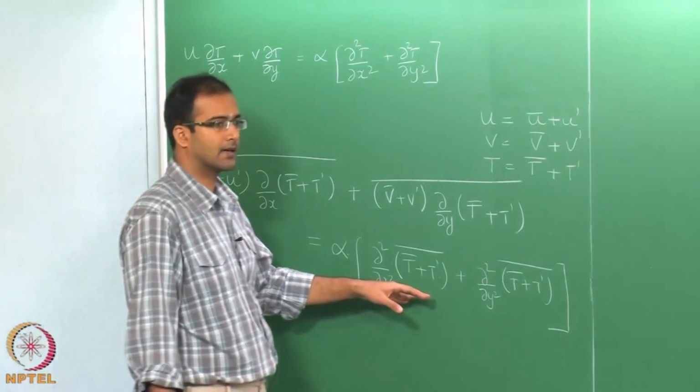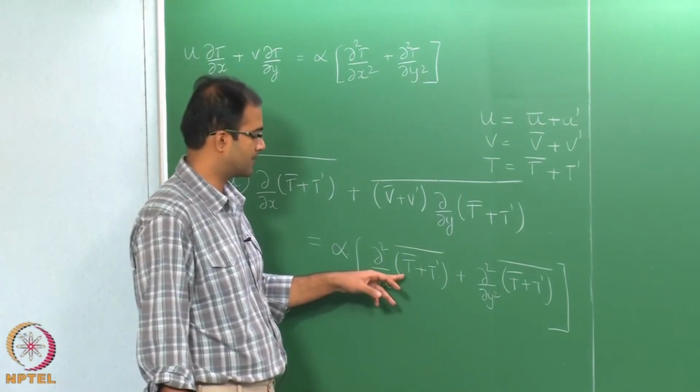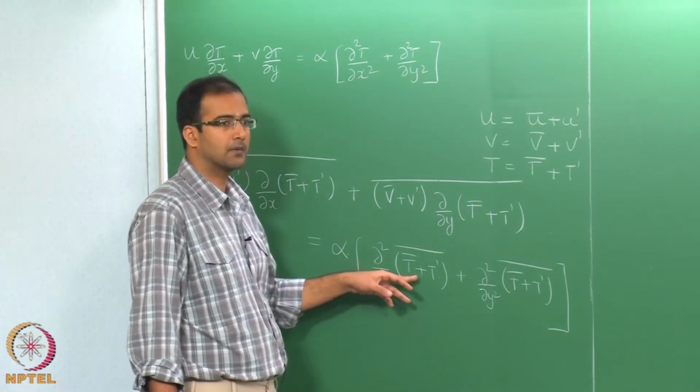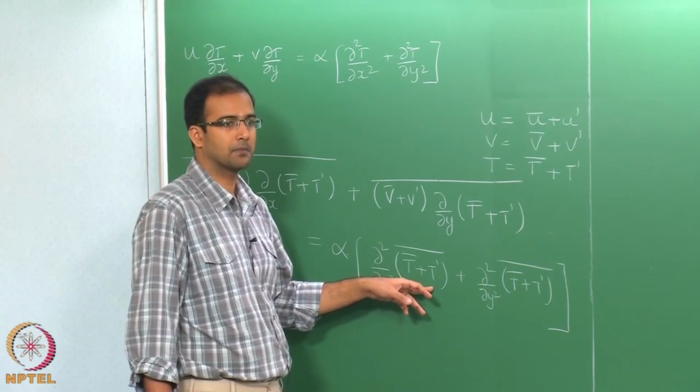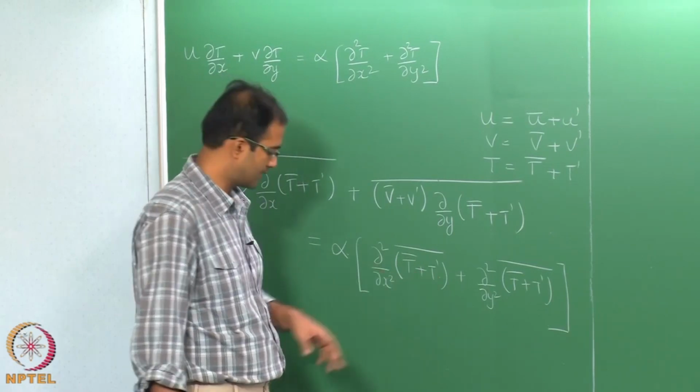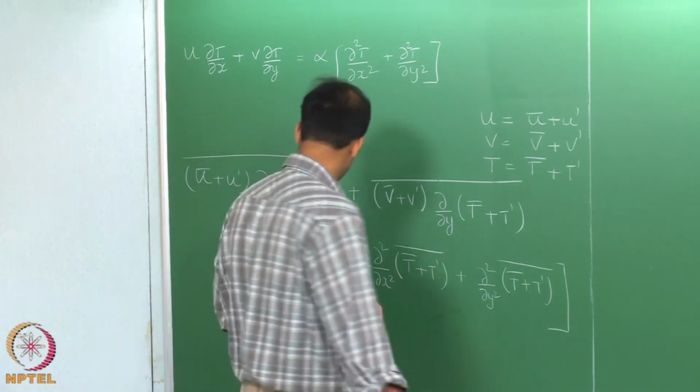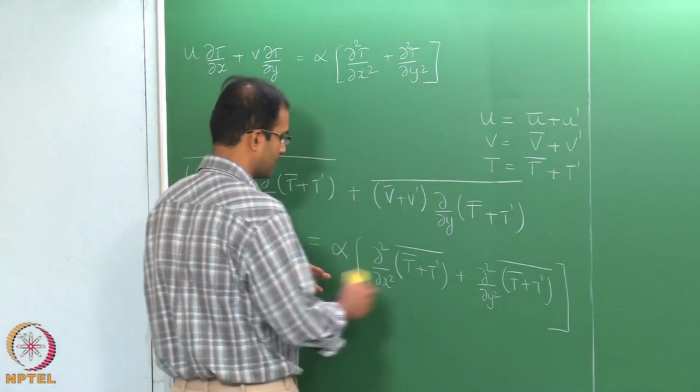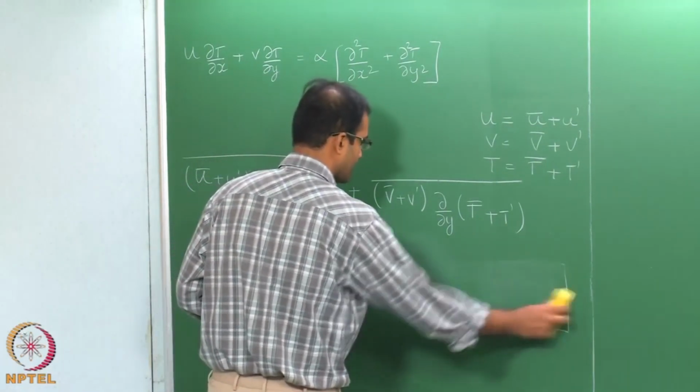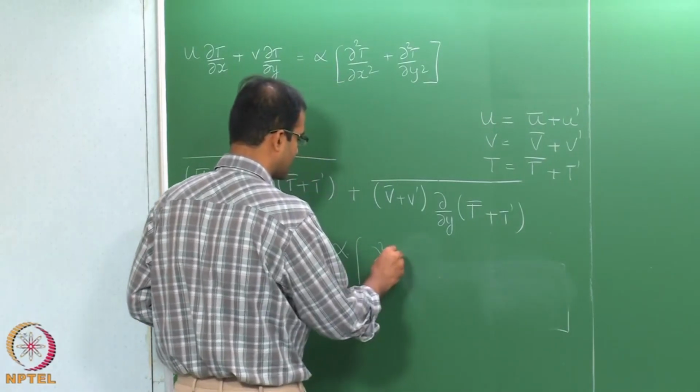We can apply the averaging rule and separate this into T bar plus T prime bar. T prime bar is 0, so the mean of the fluctuating quantity is 0. Therefore, this can be simply written as